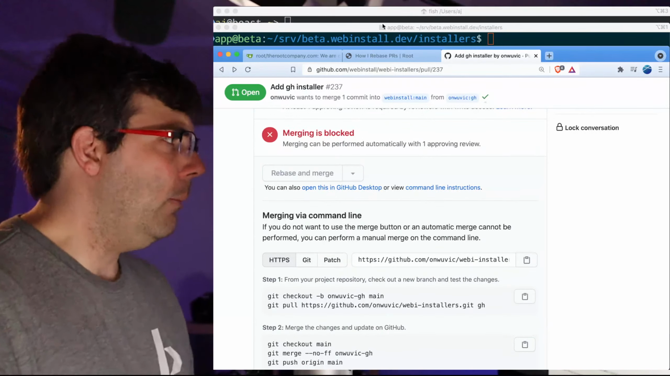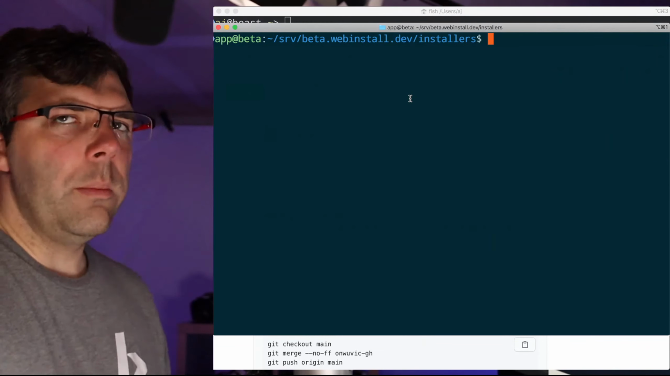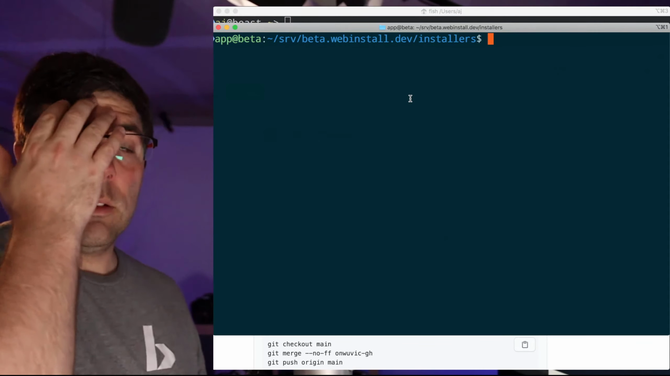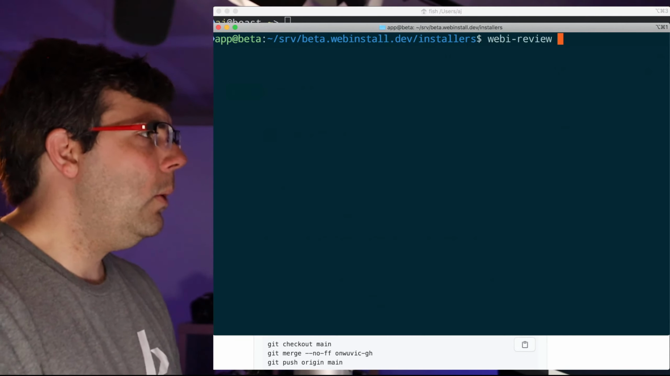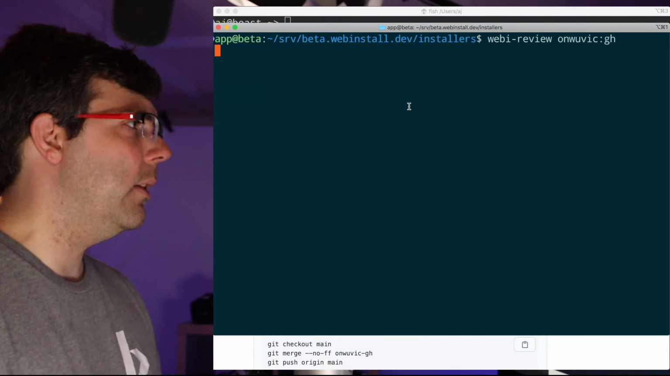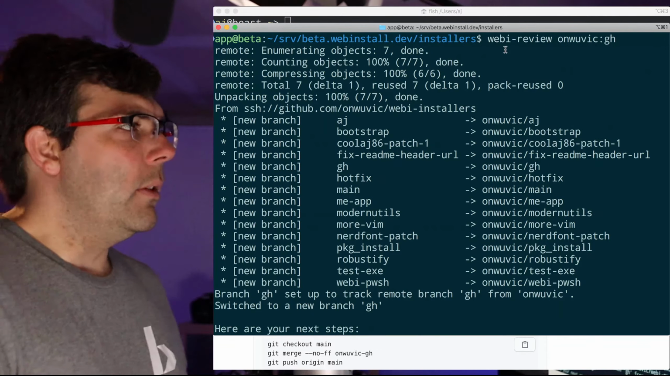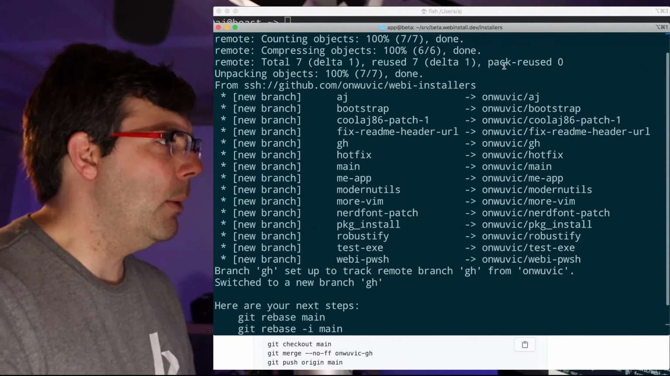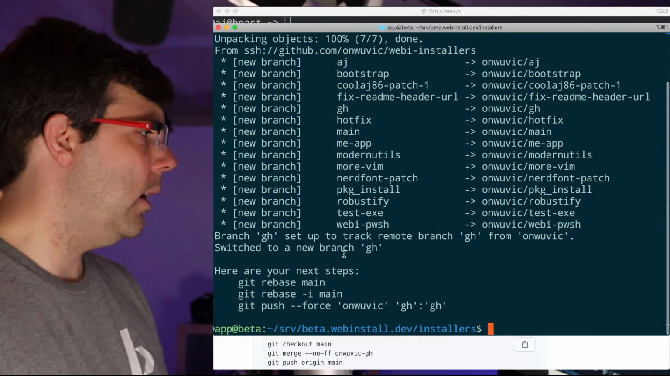Okay, with all that out of the way, I already have a slightly modified version of that script on the server. I'm here on my beta server, which is where I try out the Webby stuff. So I can do Webby review, and then I can just paste that, because with the script that I created, you have to paste in the name of the project as well. That was the GH review, but then Webby review just wraps that with the project name, which is Webby Installers. And then there we are. So everything's clean, and we have a new